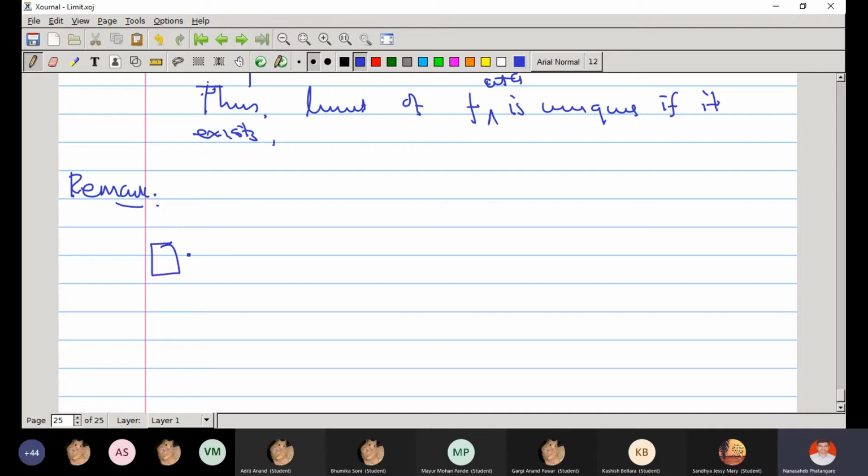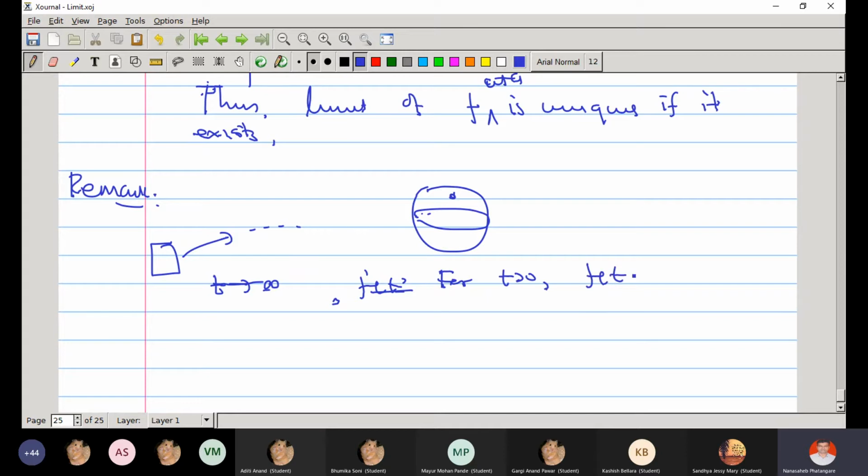And therefore as t tends to infinity, that means your time increases, the position of the satellite, for t greater than 0, if we say that f(t) is the position of satellite,